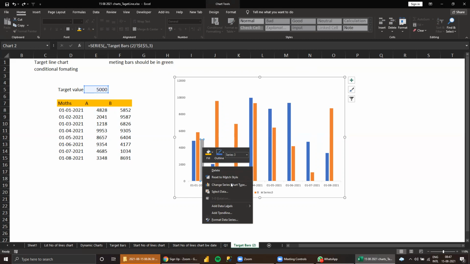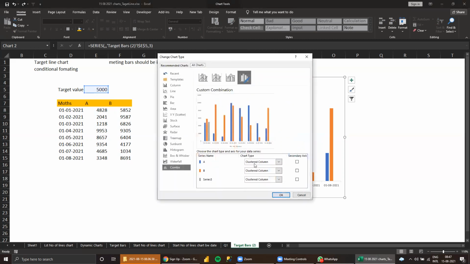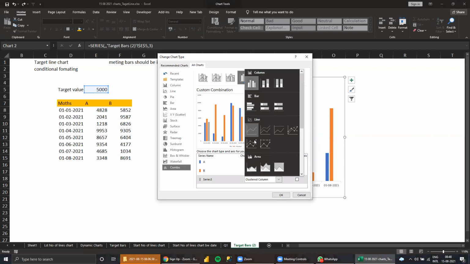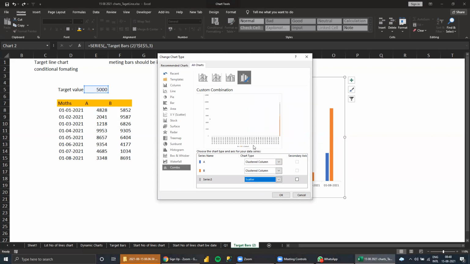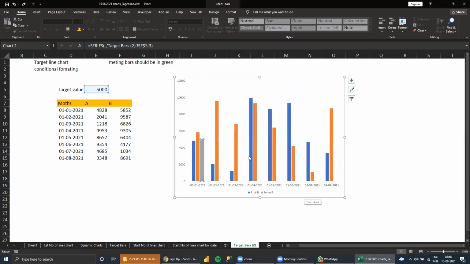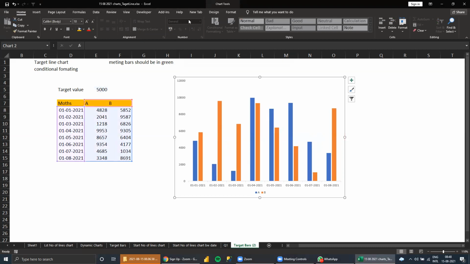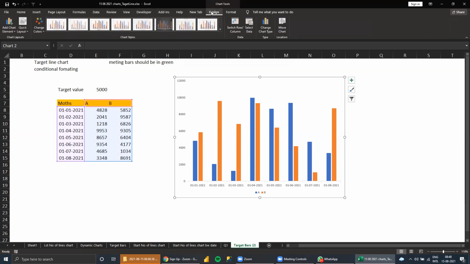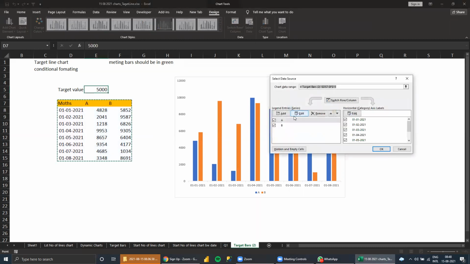A little complex thing. Change with data series. So cluster column is fine. So data series. Select the data. And